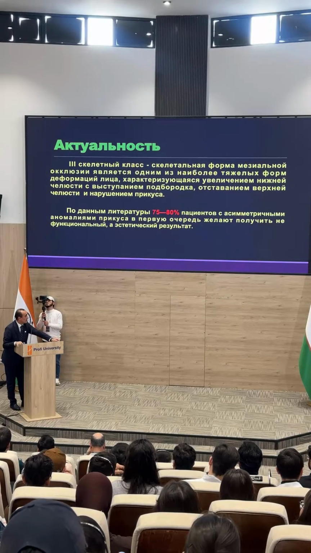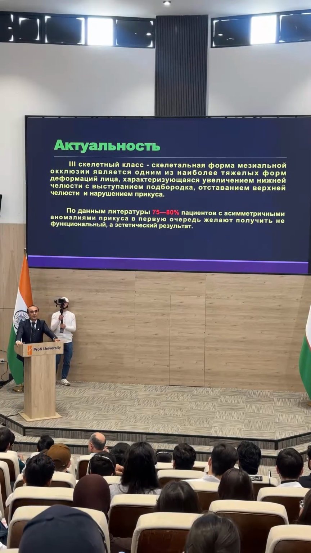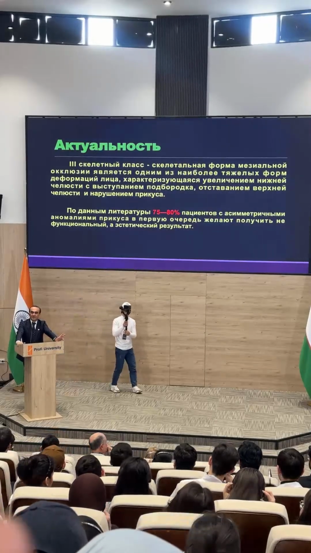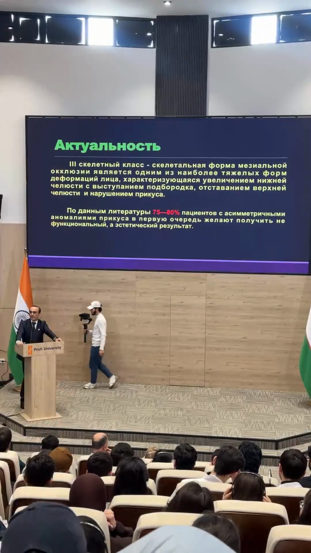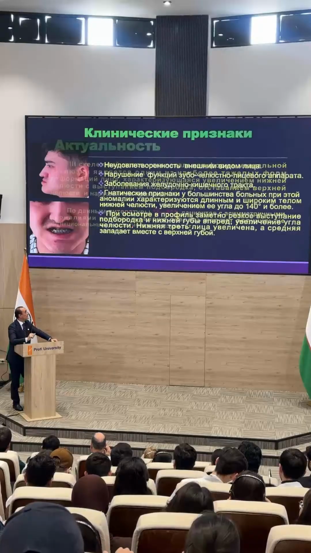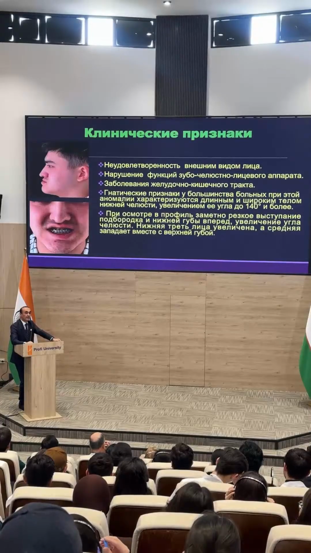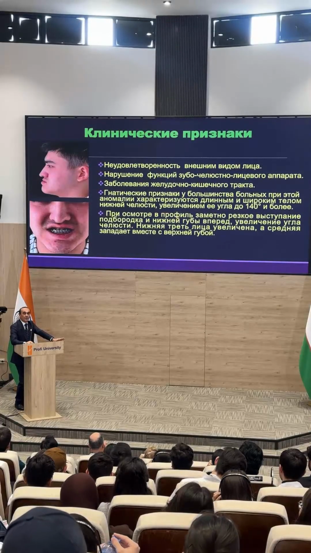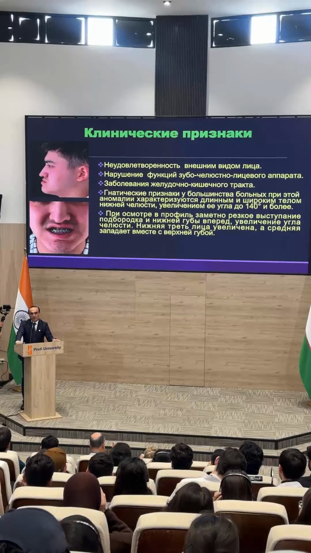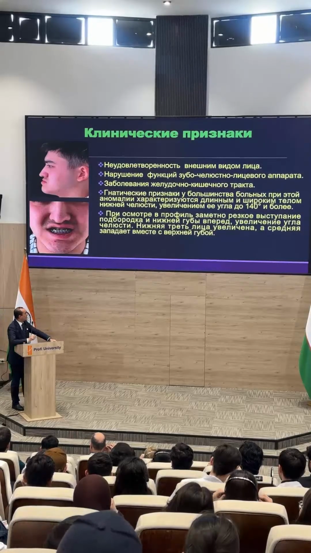What are jaw deformities? Usually third class young people suffer from this pathology, and about 80% of them come to a surgeon for correction of the jaw. What are the clinical features? At first, it's visual, aesthetic. After that, discomfort of chewing. Also, there are problems with the